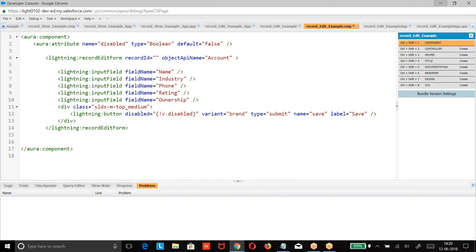If you want an edit page, you go for record edit form, where we refer straight away to the object, mentioning object and fields. If I don't want to take it this way and want to take the data from the record data only, then we can use the input field value equal to v dot record, record field name dot corresponding field. Either way we can take it. Any other queries?